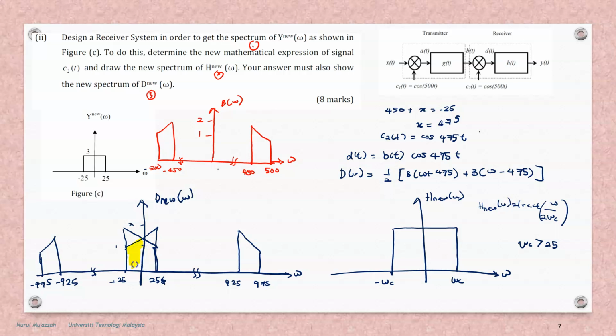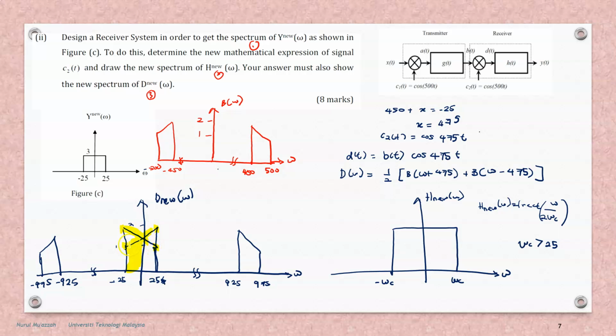When you add it with this line here, let's say you add here, point 1 plus 2 is equal to 3. So that is why y nu here is equal to 3, and for this part, 1 plus 2 here is equal to 3,